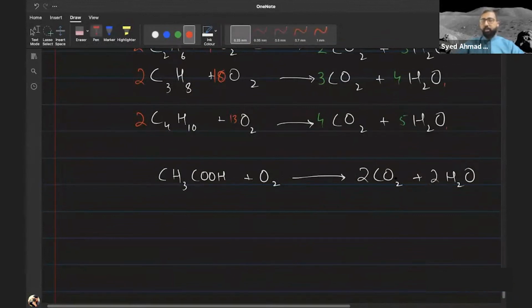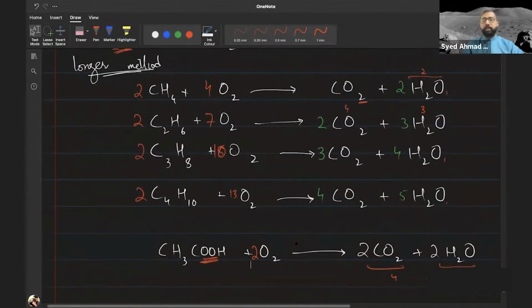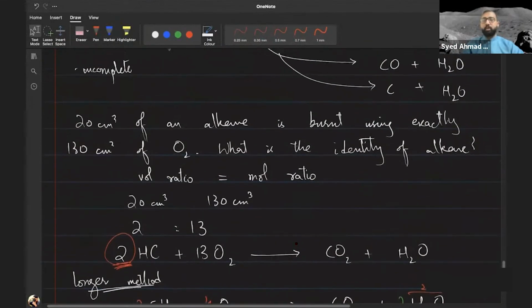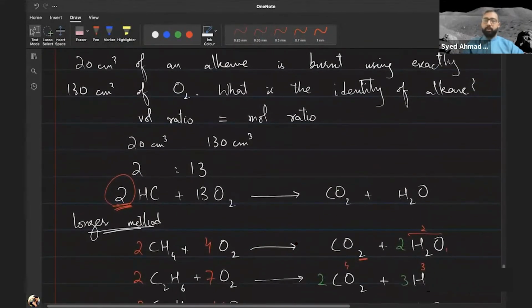सीधा सीधा आपने पहले कार्बन और हाइड्रोजन को बैलेंस कर दिया। Then you can see how many oxygen do you have here, 4 and 2, that is 6 on the right side. उन 6 में से 2 पहले से मौजूद हैं, तो you have 4 left, so 4 divided by 2, 2. There you go. That's all. That's how you balance the equation. क्या करना है, पहले कार्बन फिर हाइड्रोजन फिर ऑक्सीजन में से पहले एसिड वाले माइनस कर दिए और फिर उसको बैलेंस कर दिया।